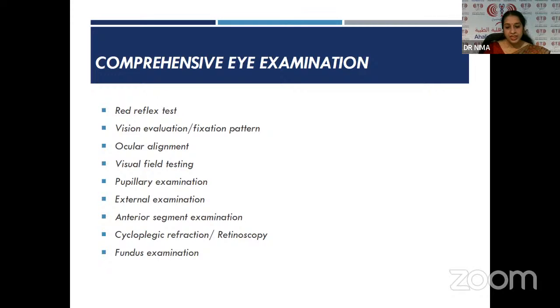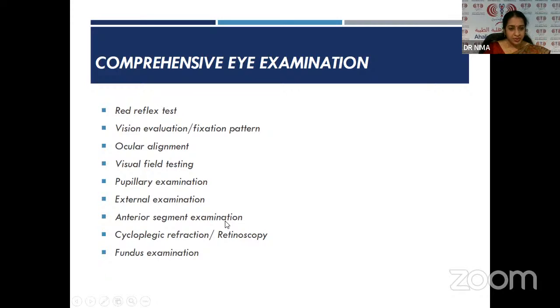And after this, for 3 days, there will be blurring of the vision. After 3 days, we will tell the parent to bring the child again, and depending upon the reading, we will give the correct glass prescription. That is, we give the minimum power which gives the best correction. And during that refraction testing, we will examine the retina also and make sure the retina is normal.